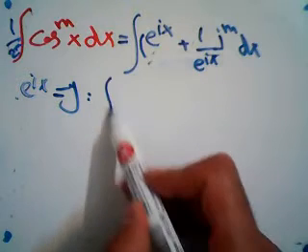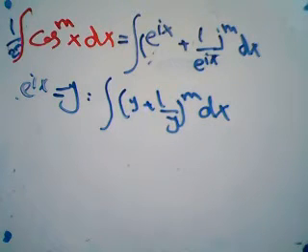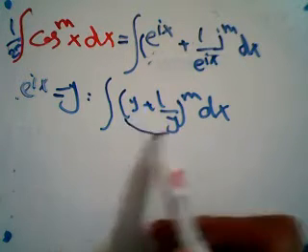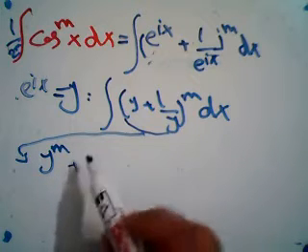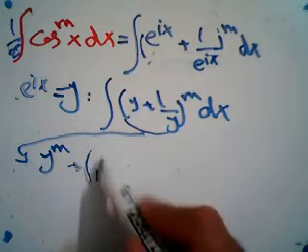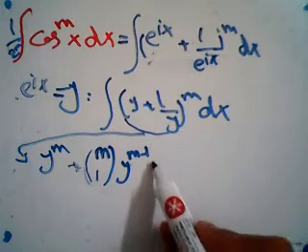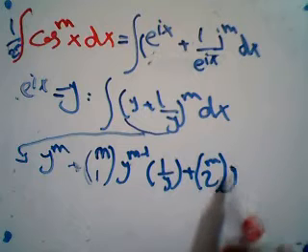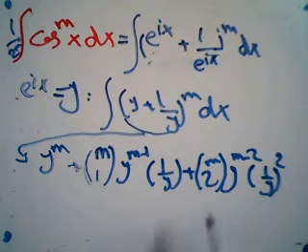So the integral would be y plus 1 over y to the n, dx. Now let's use the polynomial expansion for this. So this would be equal to 1 times y to the n plus n choose 1, times y to the n minus 1, times 1 over y, plus n choose 2, times y to the n minus 2, times 1 over y squared, plus